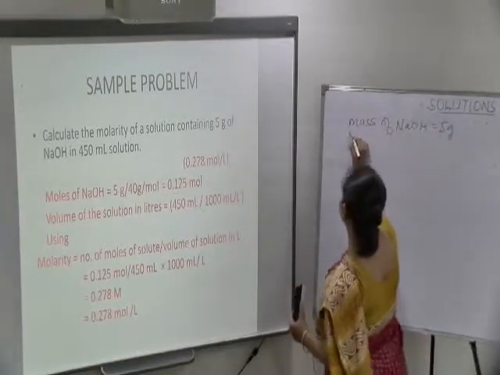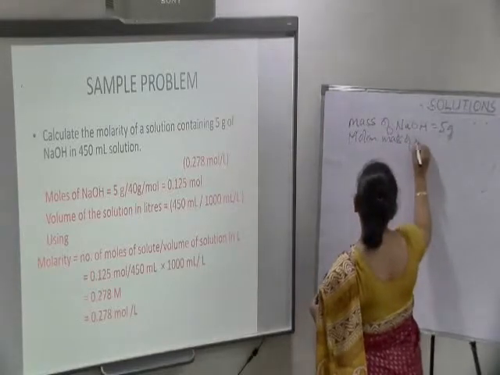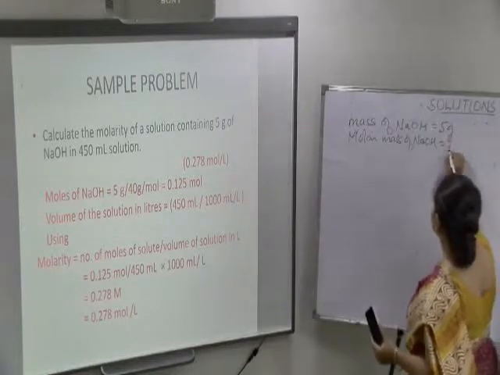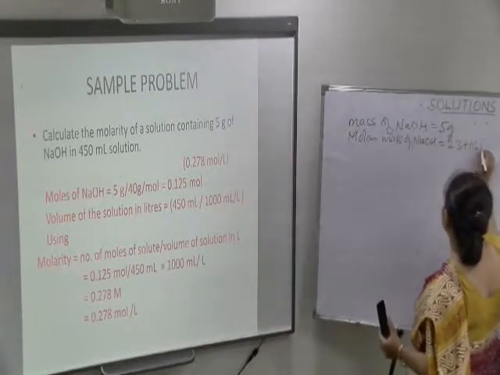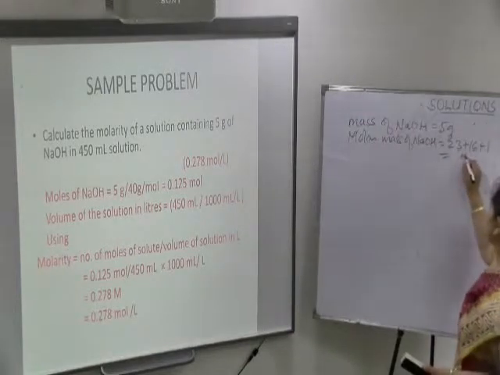You can calculate the molar mass of NaOH if you know the atomic masses, or it will be given to you. Sodium's atomic mass is 23, oxygen is 16, plus hydrogen's is 1,